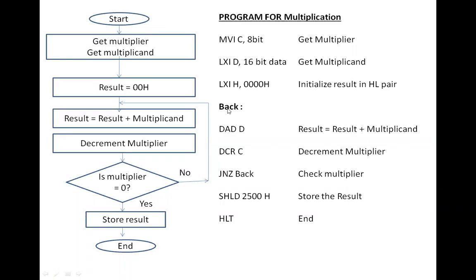So we are going to subtract the divisor from the dividend till the resultant becomes 0, or till we get a remainder value which is less than the divisor. With this particular concept, we can go for the program of division.